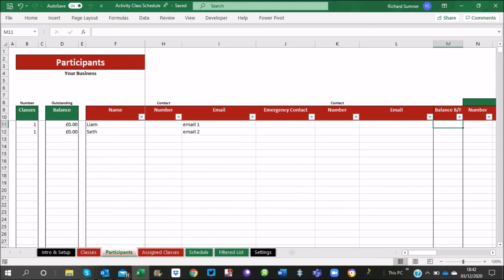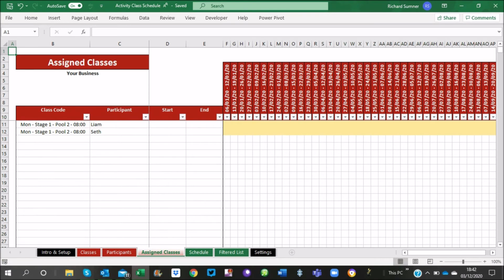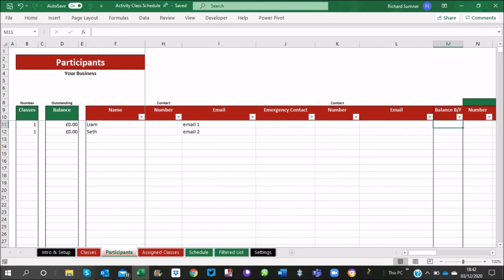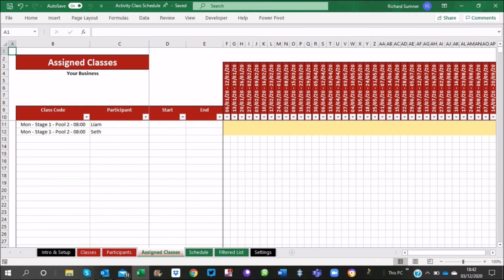And then the last thing you can do is simply come back here, and you can copy your database across, you can copy your database of classes across, you can even copy your database of assigned classes across up until here. You don't have to tick these all off for the new year, because you're going to do that as you go along. But then lastly, what you can do is just copy the old outstanding balance into the new balance brought forward, and that will include that into all of these different databases. So yeah, you've got all of these databases up